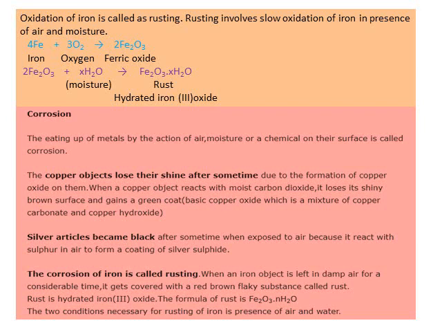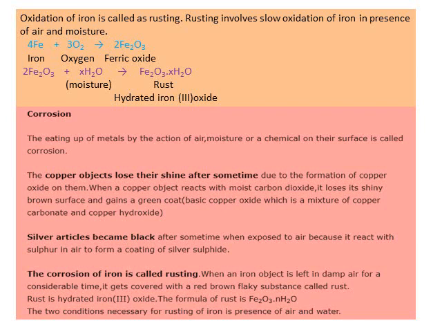When a copper object reacts with moist carbon dioxide, it loses its shiny brown surface and gains a green coat